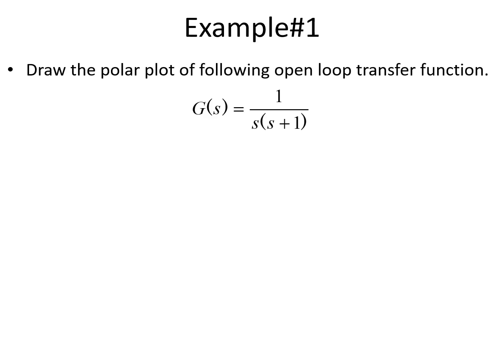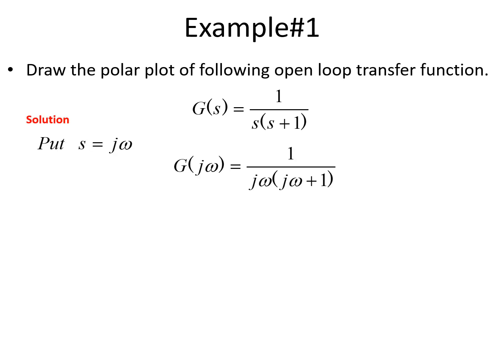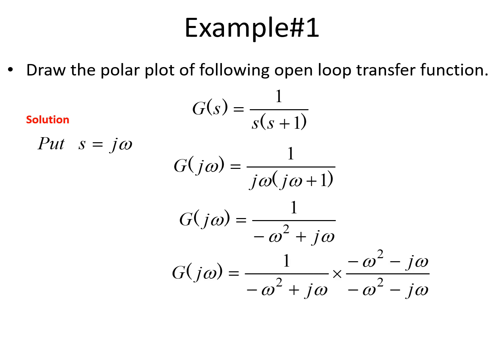Now we will take a few examples and see how we are going to get the polar plots. So here g of s is given as 1 by s into s plus 1. Here I am replacing s with j omega, so that I am going to get g of j omega as 1 divided by j omega into j omega plus 1. Now simplifying this by multiplying and dividing by the corresponding factors, you are going to get an expression like this for g of j omega, which you can rewrite as